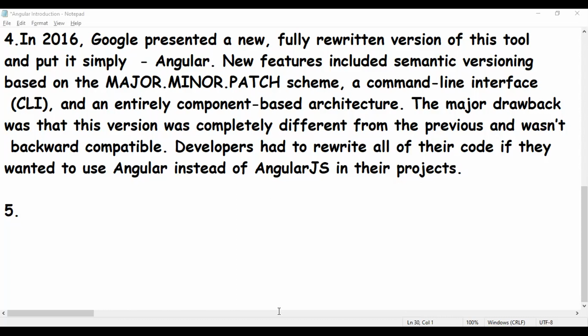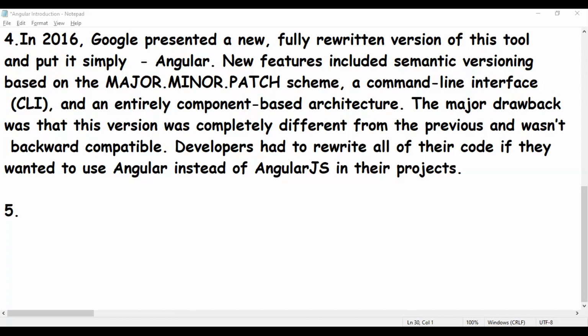What is this Ivy renderer? It is Angular's rendering pipeline and view engine.